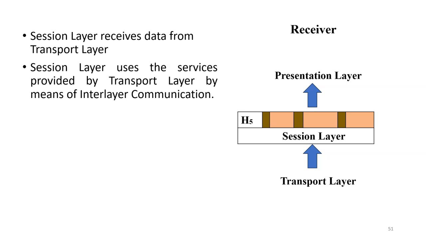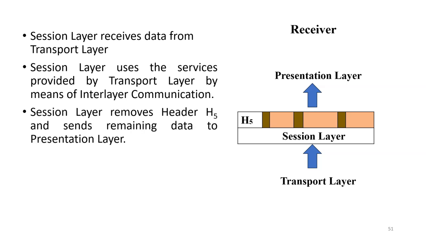We know that interlayer communication is communication between two adjacent layers within the same system. After receiving data, the session layer removes the header, that is H5, which was added by the session layer of the sender,